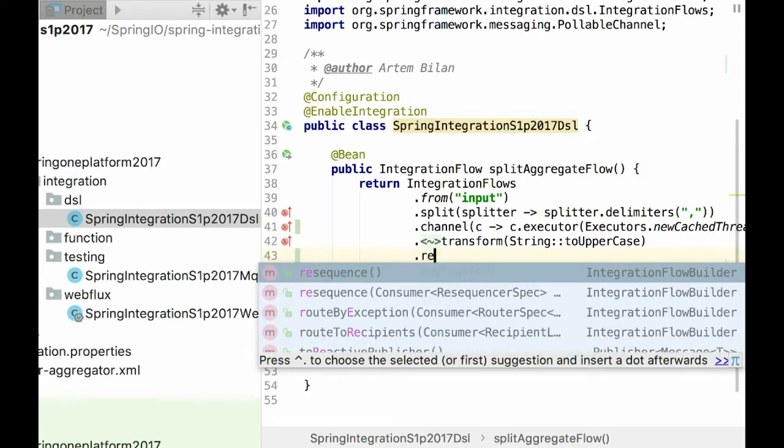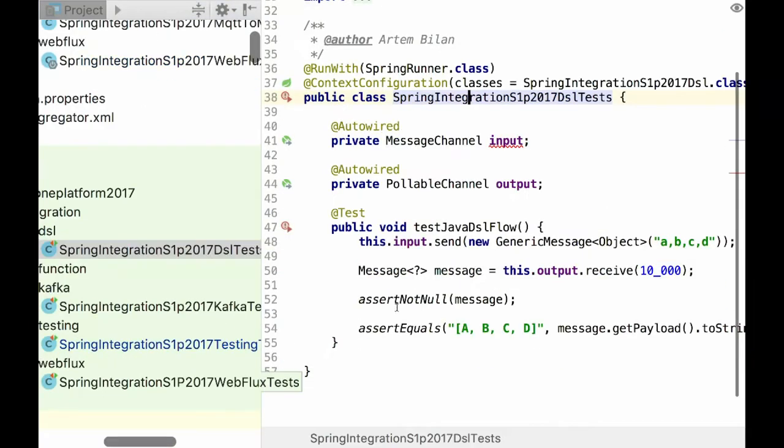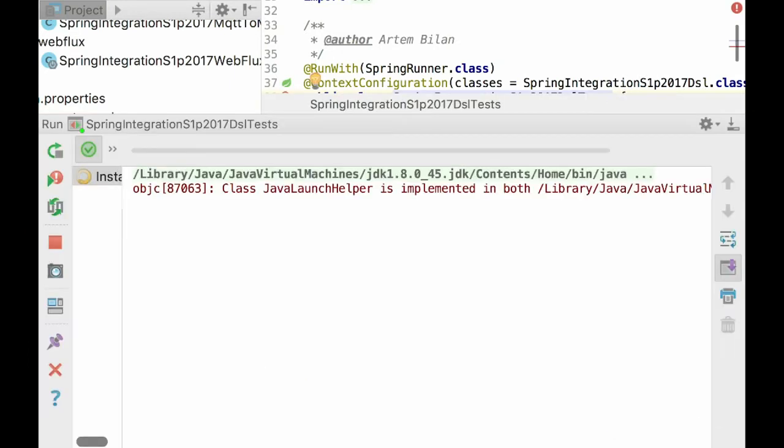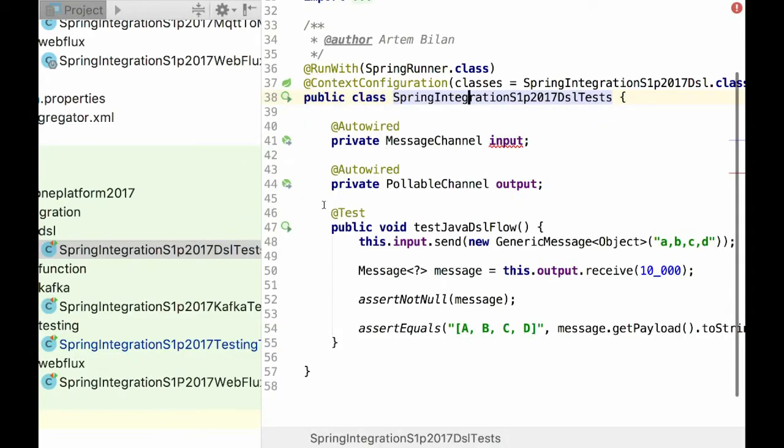And as you see, the IDE helps us to complete code on the fly very quickly. So development of Spring Integration Java DSL in the IDE is pretty easy.